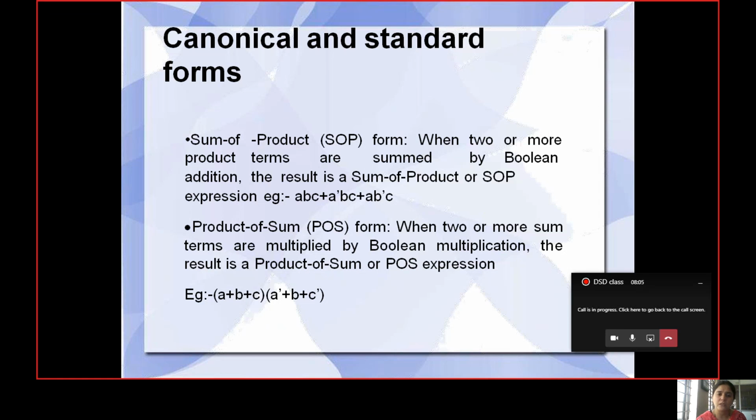So first let us see what is sum of product. When 2 or more product terms are summed by Boolean addition. If suppose when 2 or more product terms